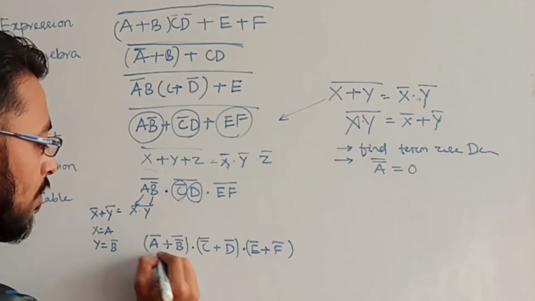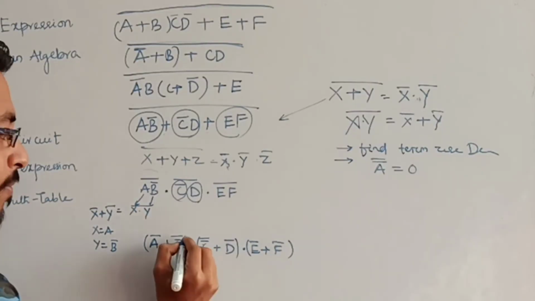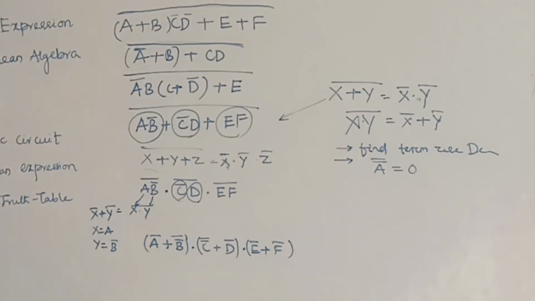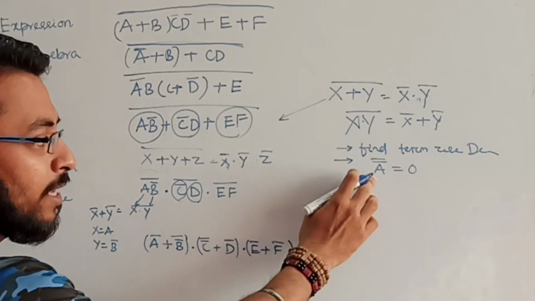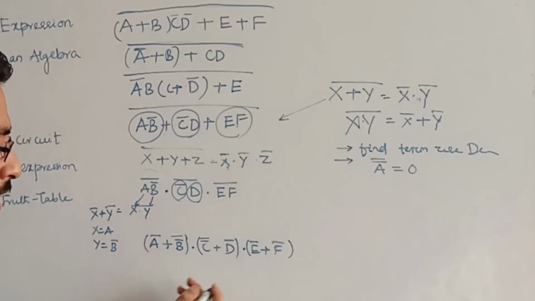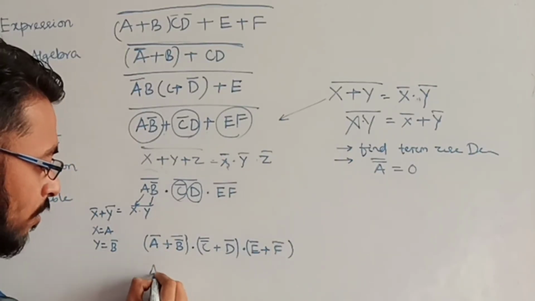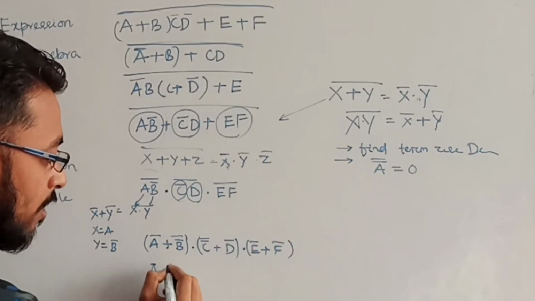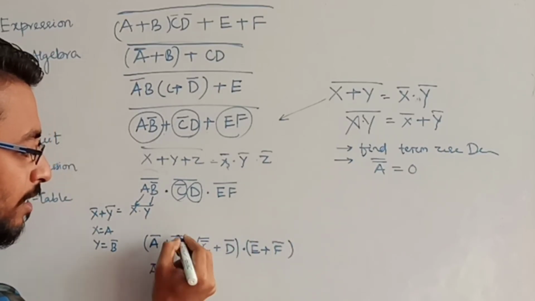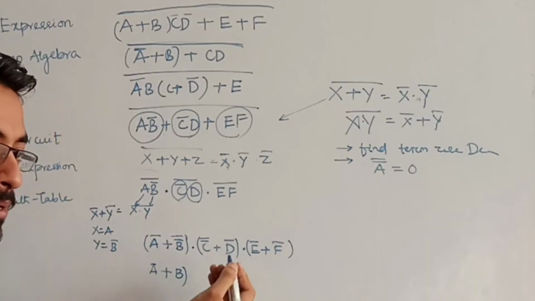Put a bracket before every product term. Okay. Now I have to see, can I use this rule anywhere? Let me try. Here already a bar is there, no need to apply that rule. Here I can apply b bar bar is nothing but my b. This is one simplification, one step.